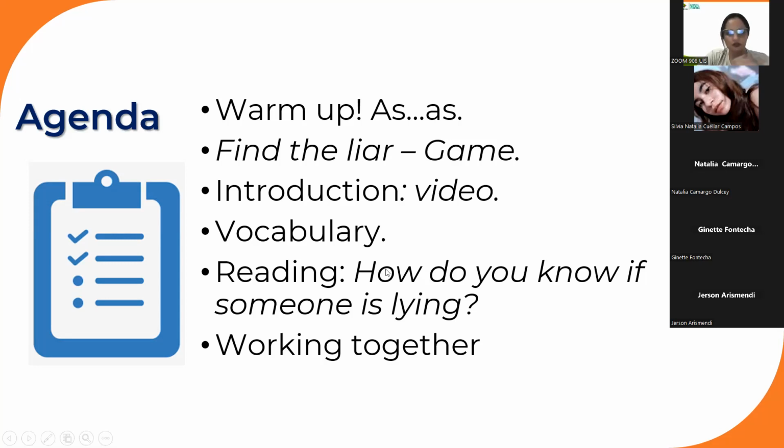All the discussion, the questions, because our lesson is reading and speaking, okay? Then I will give you the vocabulary that is necessary to understand this. And after that, you will work on the reading comprehension exercises. So basically the lesson is light, not grammar today, grammar tomorrow in the first block. Okay, let's go. Questions, comments? Anything you want to say or add? Okay, so let's go. First, warm up.